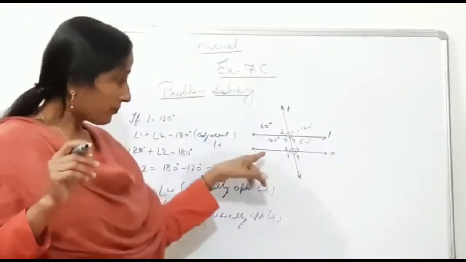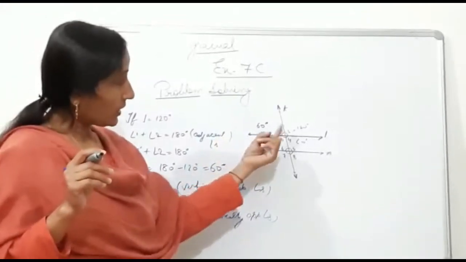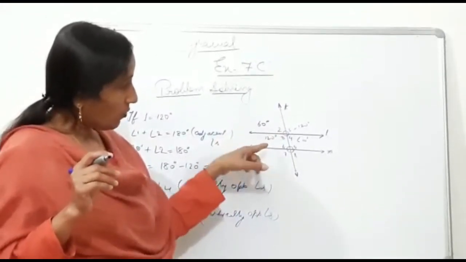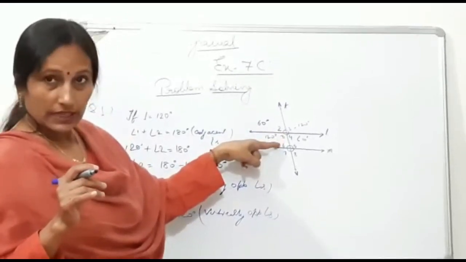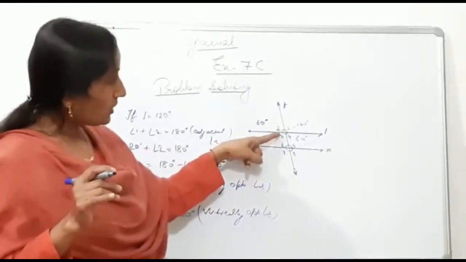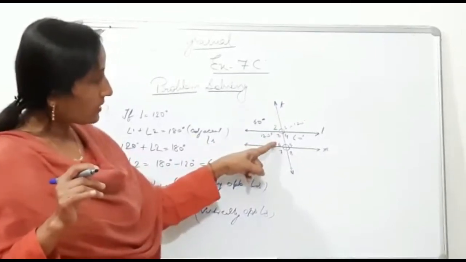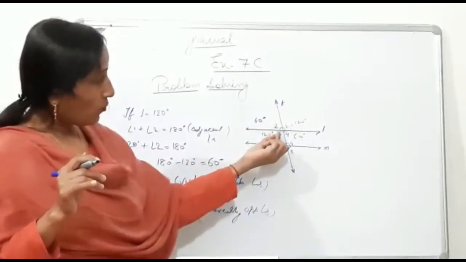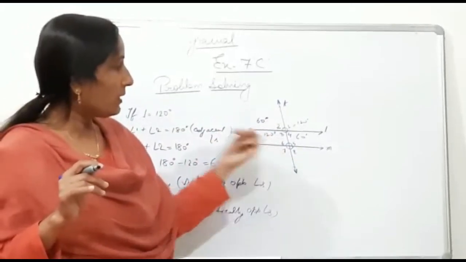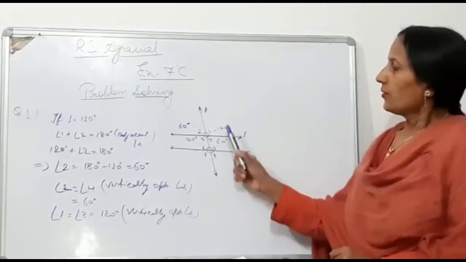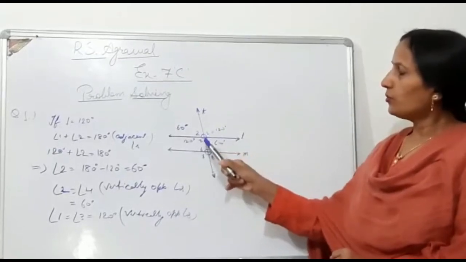Now see here. Here vertically opposite angles both are equal. Now here we can write corresponding angles. Angle 3 is equal to angle 6 because both are parallel lines, na? So these both angles are corresponding angles. So angle 6 will be, the sum of both the angles will be 180 degree. So this is 120, then it will be 60 degree. We got angle 2, 3 and 4.